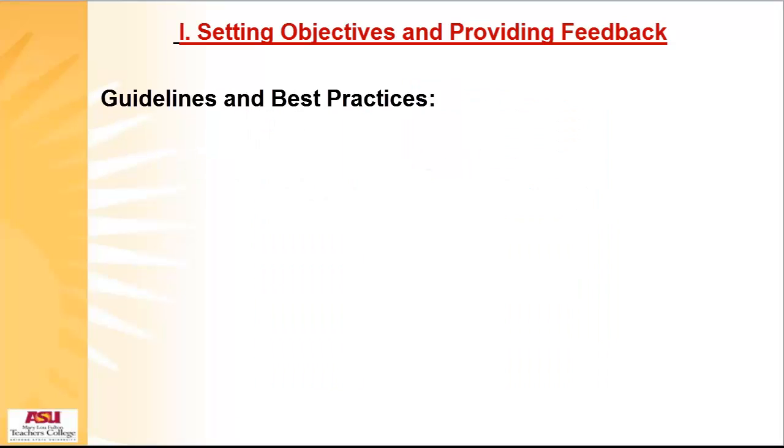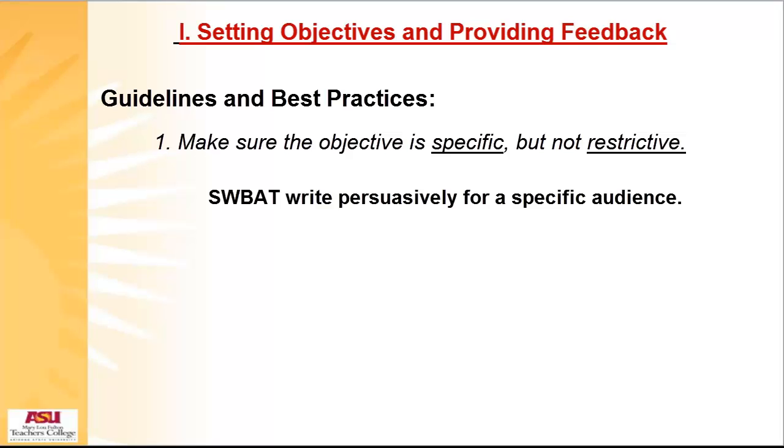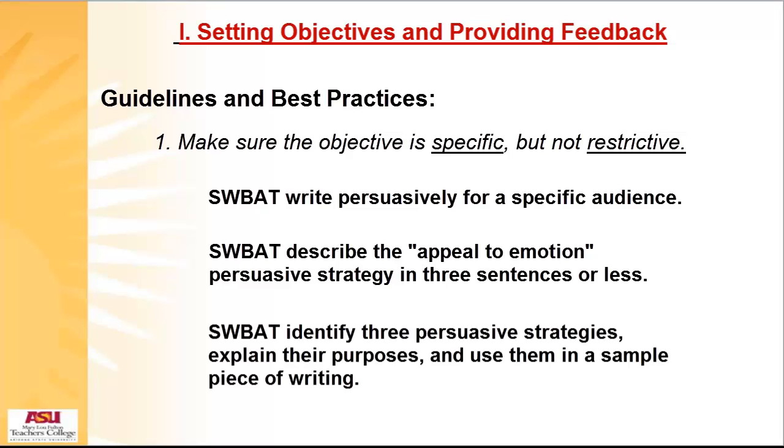Here are a few guidelines and best practices for setting objectives. First, when you set learning objectives for a lesson, you should make sure that the objective is specific but not restrictive. For example, imagine that we have 3 sample objectives. Student will be able to write persuasively for a specific audience. Student will be able to describe the appeal to emotion persuasive strategy in 3 sentences or less. And student will be able to identify 3 persuasive strategies, explain their purposes, and use them in a sample piece